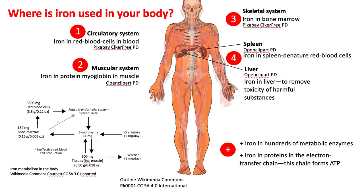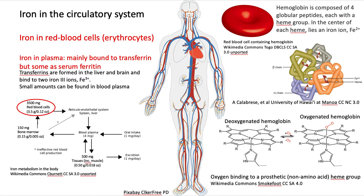And so whereabouts is iron used in your body? You've got 4 plus an extra area, and you can pause to look at that slide in more detail. And we can look at iron in the circulatory system, present in blood, in red blood cells as the compound hemoglobin. And on the right you can see the